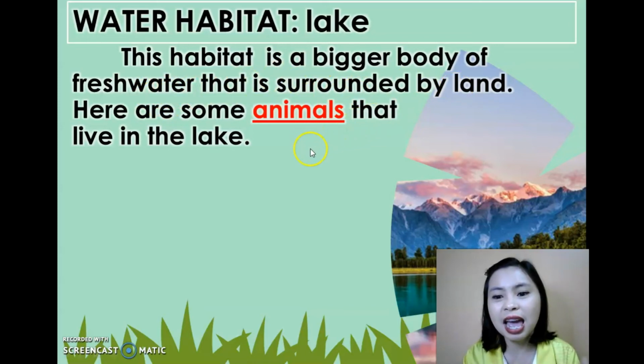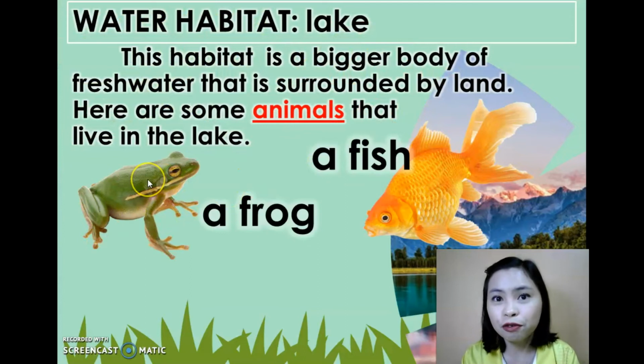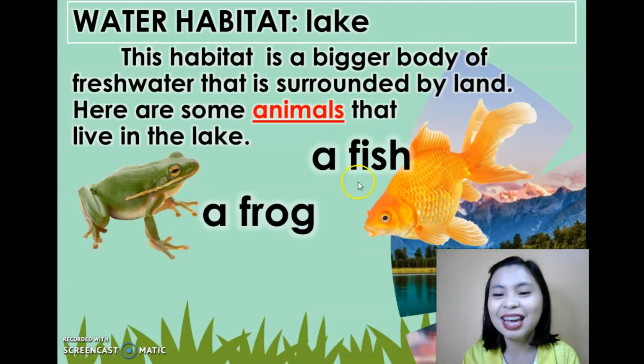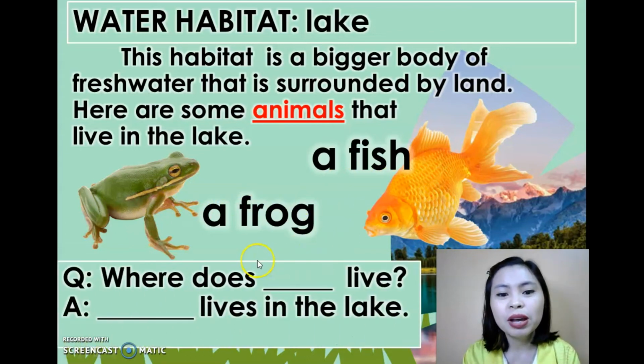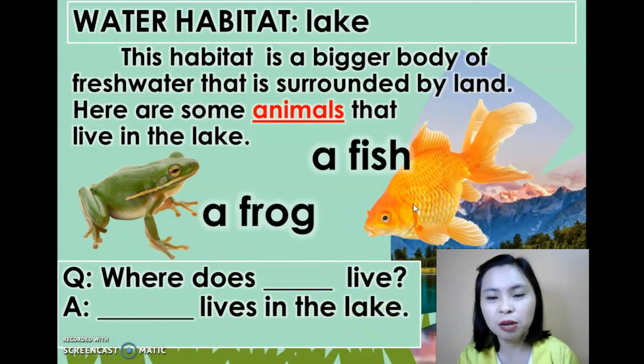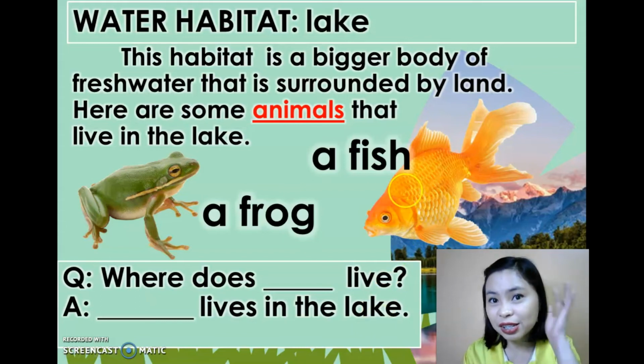Okay, and these are the animals that are living in there. This one. Okay, a frog and a fish. Our question is, where does a frog live? The answer, a frog lives in the lake. Okay, you do the other animal. Where does a fish live? Answer,